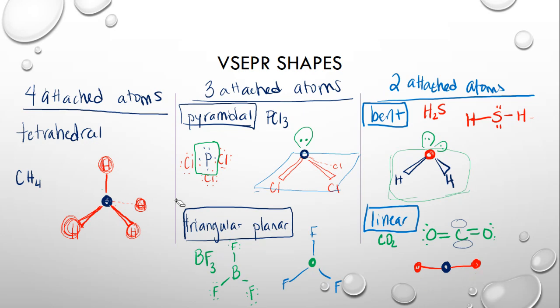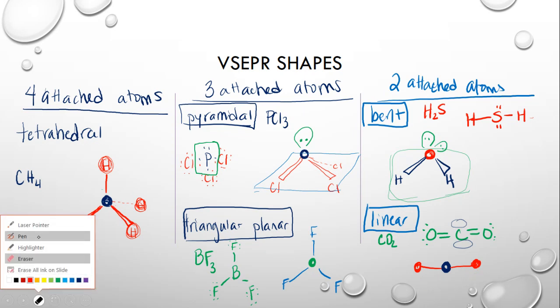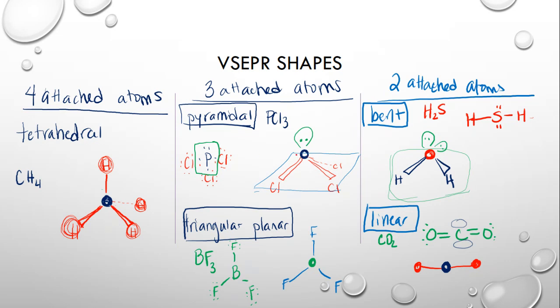Okay. Now, there's all different kinds of ways to do this. I've always just kind of recommended that you do it by kind of common sensing it. You can memorize 4 attached is tetrahedral, 3 attached you have pyramids or triangular planar. Pyramids have an unshared pair, triangular planar do not. And 2 attached, you're either bent or linear. Bent have unshared pairs, linear do not. Okay. I may ask you to draw these for me on our test. It's totally possible that coming up that you could have to draw them